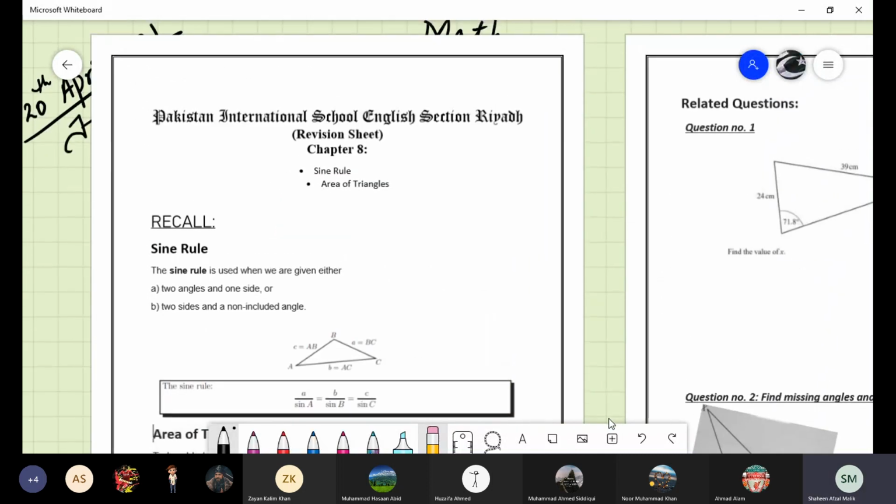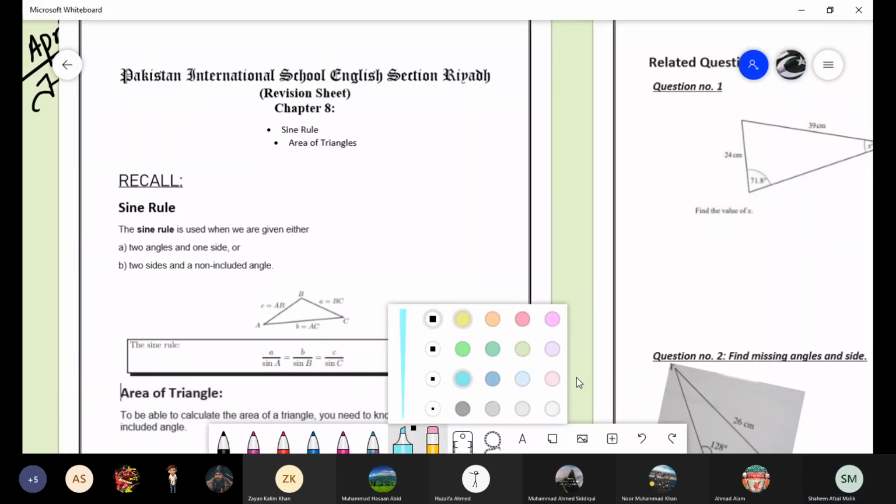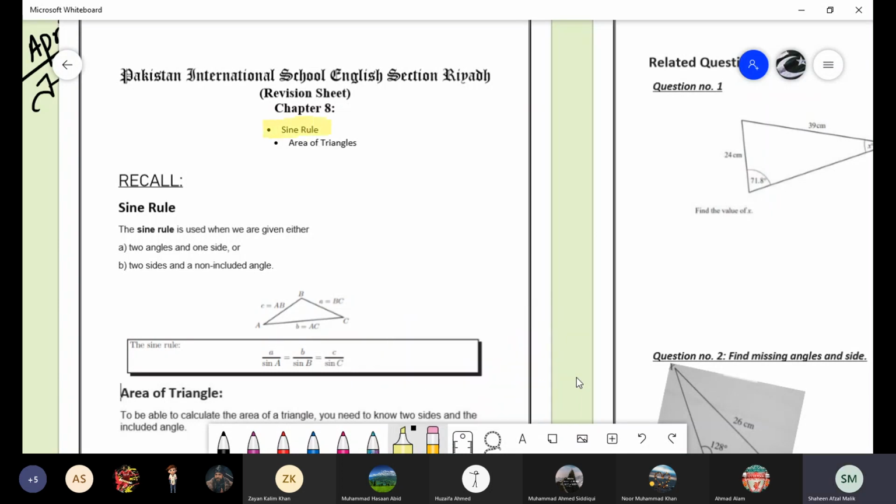See, this is a worksheet related to chapter number 8, and the topics for this worksheet we have to do. Yes, beta. Sorry, what were you saying? I cannot find the worksheet. The worksheet is there in the maths files. This is related to the sine rule. Got it, Abdurrafe? Yes, ma'am. Okay. This is a worksheet related to the sine rule and the area of the triangle.